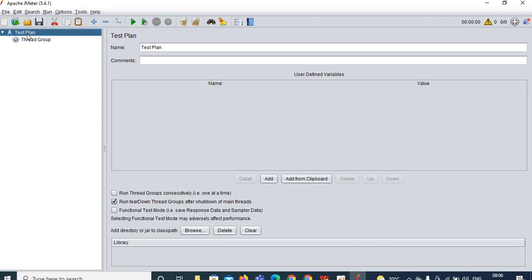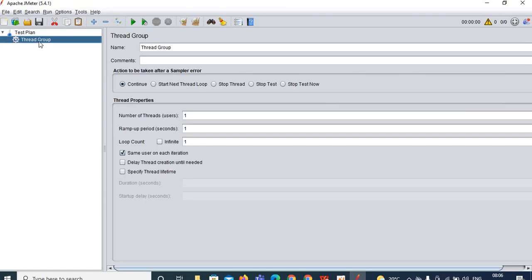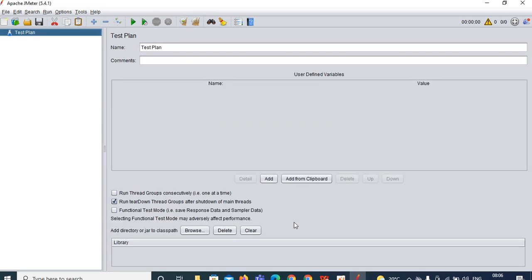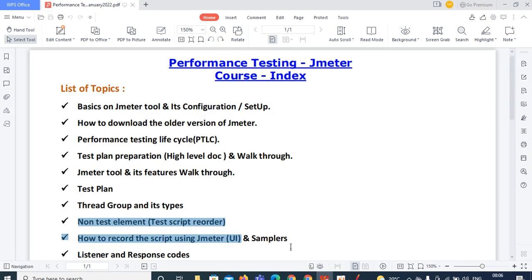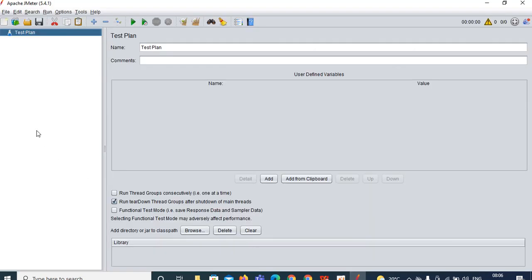Yeah, so far we have discussed the test plan and thread group as well. Now I'm going to explain the non-test element. Okay, HTTP test script recorder, where will it be in JMeter? Right click on the test